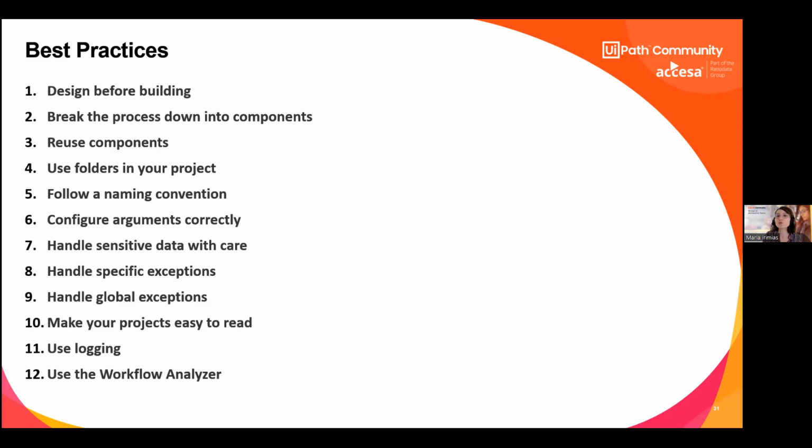There is a set of rules which you can extend and customize to your coding standard, but you have that analyzer which allows you to check the sanity of the automation, whether you respected all the best practices which are recommended by UiPath. So I really like those development rules which are defined by UiPath. And what is nice, as in any other technology, you can enhance it with your own rules.